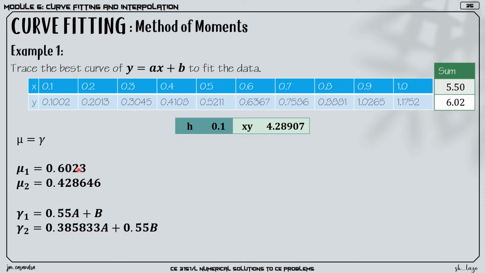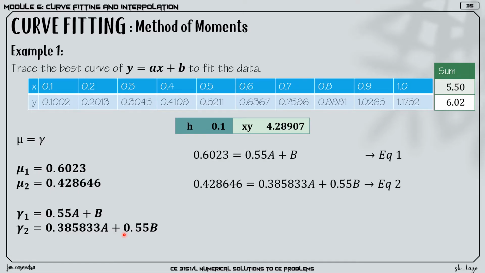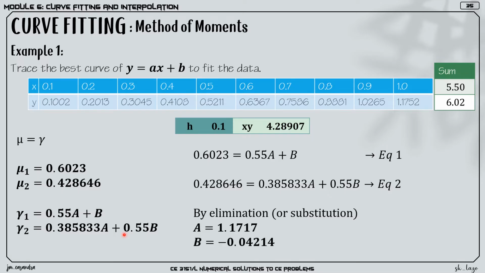So equating now mu sub 1 and gamma sub 1, mu sub 2 and gamma sub 2, we will have equation 1 and equation 2. So we can solve this by elimination or substitution, and we'll be able to get the values of a and b as